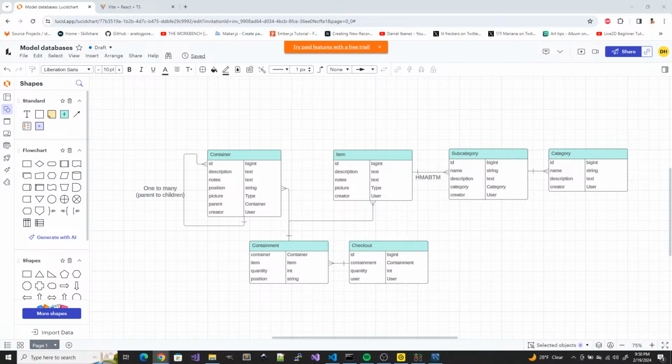But then you might want to have, and here's the point of having the many-to-many relationship between item and subcategory, you might want to have just a Santa subcategory for anything Santa. So you have